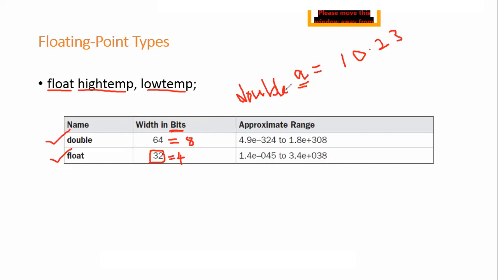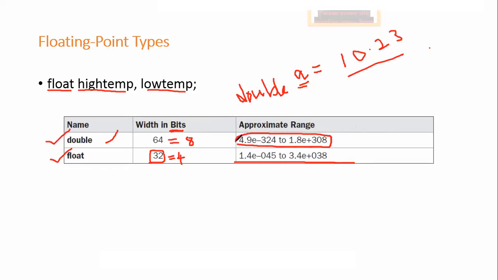Okay. You can make it either double or float. And just now we discussed the range of values it is going to take. So if you want to store a very, very big value, in such a case you should always go for double. So double is going to occupy the large range of float values. Okay. Now floating point values.